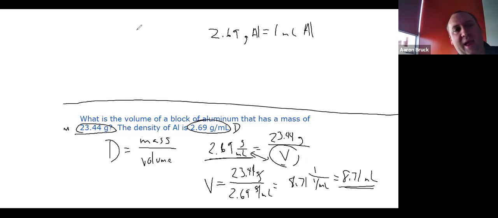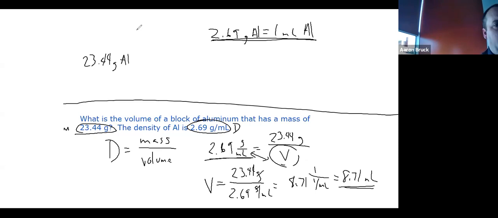And remember, anytime we can find any kind of equality, that becomes the need for a conversion factor. So another way of doing these density problems, instead of messing with that density equation, is to use it from a dimensional analysis standpoint. If I have 23.44 grams of aluminum, and I want to convert it into milliliters of aluminum, a volume,